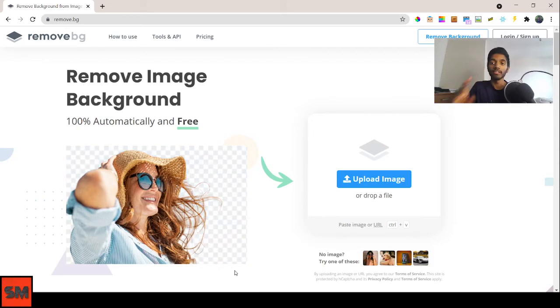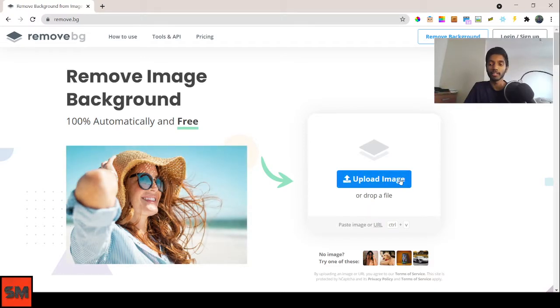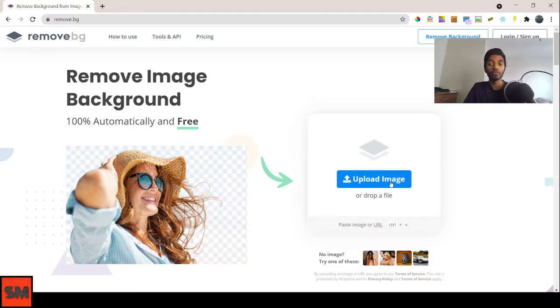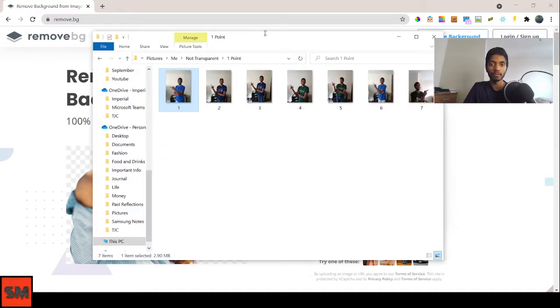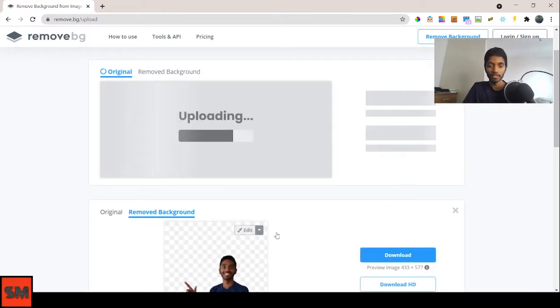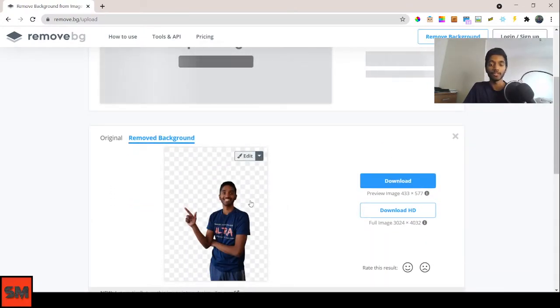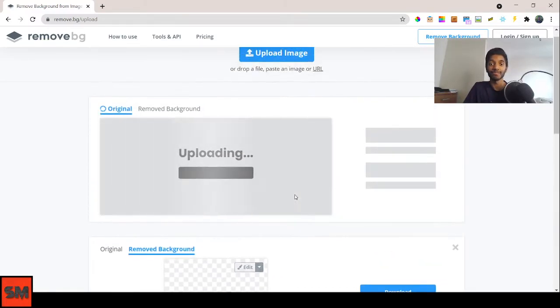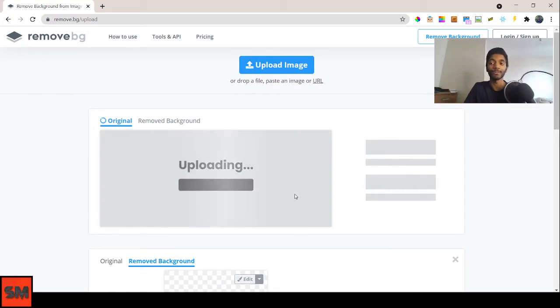And this one is seriously very easy to work with. All you have to do is sign up for an account by clicking on the top right button, but I think my camera is covering it. After you do so, you can get credits. First and foremost, you'll want to upload your image. So what I will do is just drag one of my images. There you go. This will be the image that I will drag. This was just a trial which I did before, and as you can see, it works really well. And for a free software, this is probably even easier to use than Photoshop itself. It's just drag and drop. That's all you're doing. So just wait for it to do its thing.